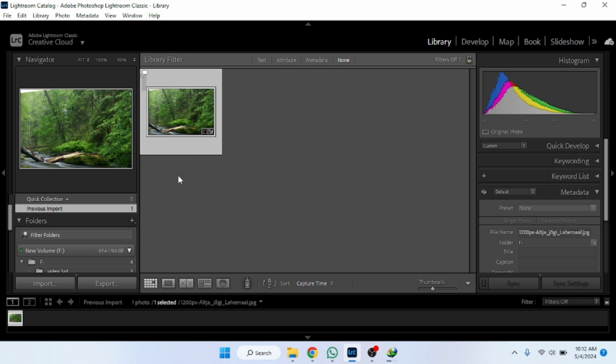First of all, we have to import the image. As you can see, I've already imported an image. Simply go to the import section and choose the image that you want to use. After choosing the image, we need to go